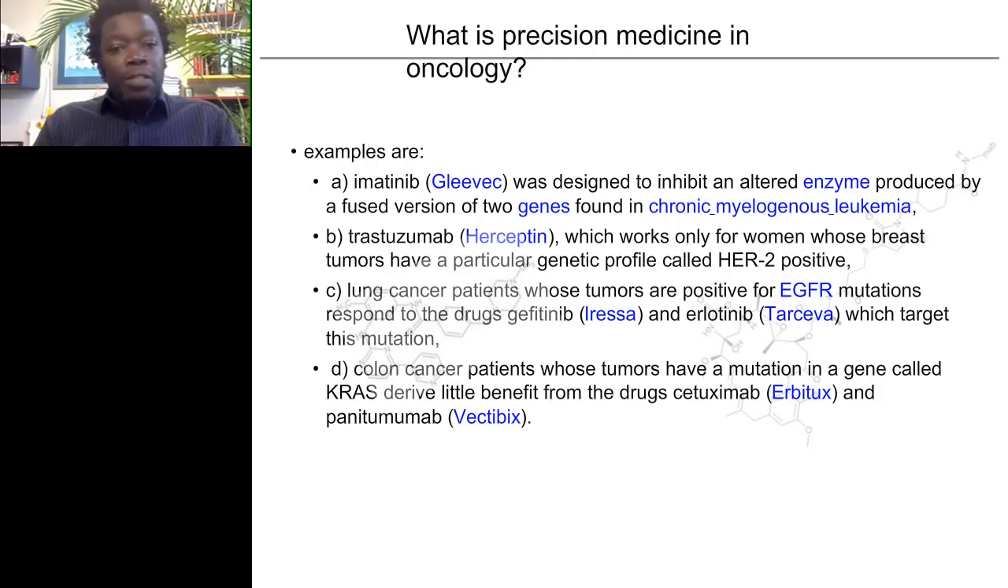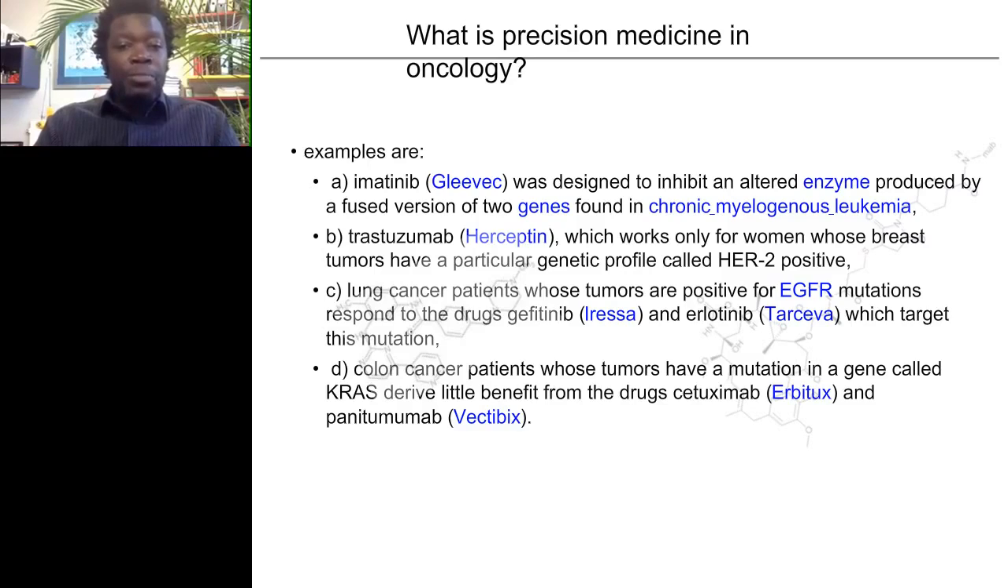So lung cancer patient tumors can also be treated with precision medicine approaches, and these really center around mutations that exist in the EGF receptor. Those respond positively to two drugs, Iressa and Tarceva, and they specifically target that mutation. And again, genomic information is required to be able to stratify individuals who have lung cancer for their susceptibility to these two drugs. And also, finally, colon cancer falls into this group of first